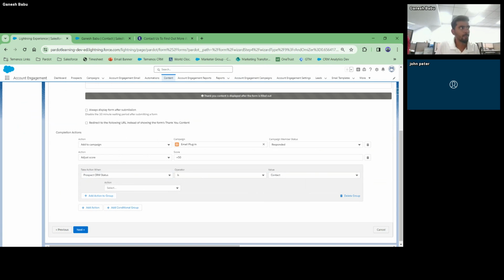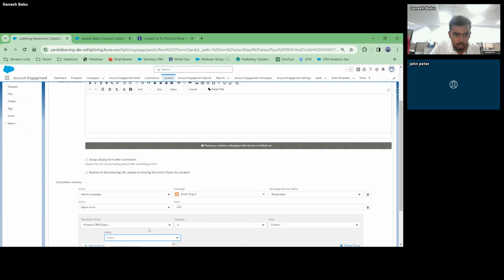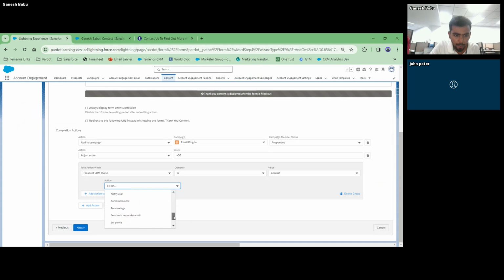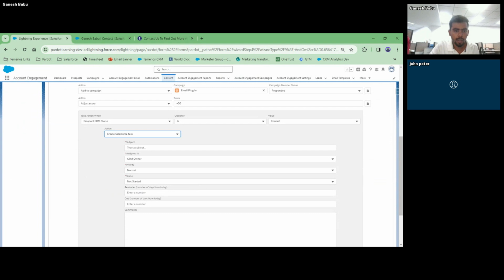Basically what happens without any integrations, without any configuration and the conditional completion action, in general, the field values get amended with the existing contact record. That is what happens. Okay, but if you do this, if it is a contact, then what I'm going to do is notify the salespeople. I'm going to create a task. Okay, here I'm going to create a task.